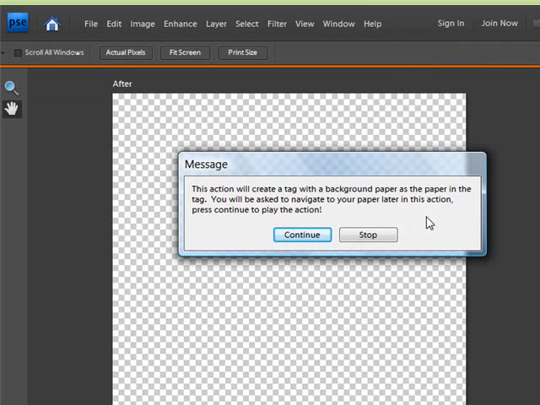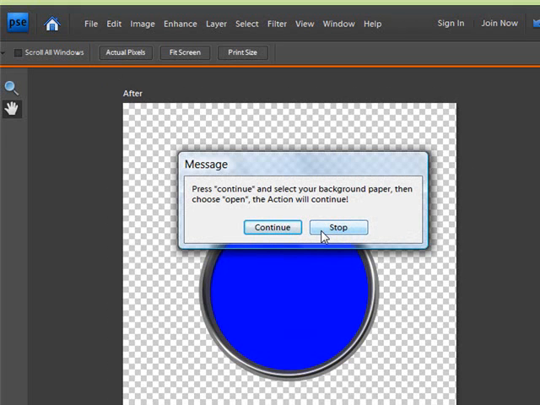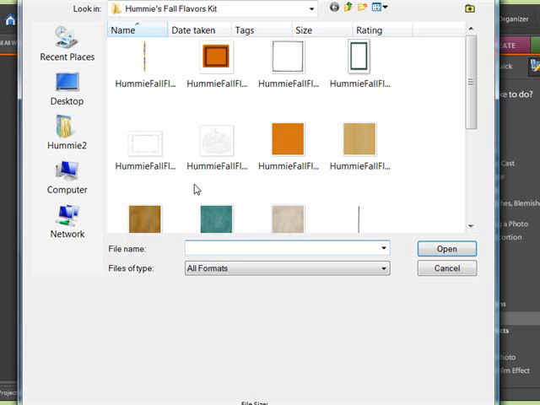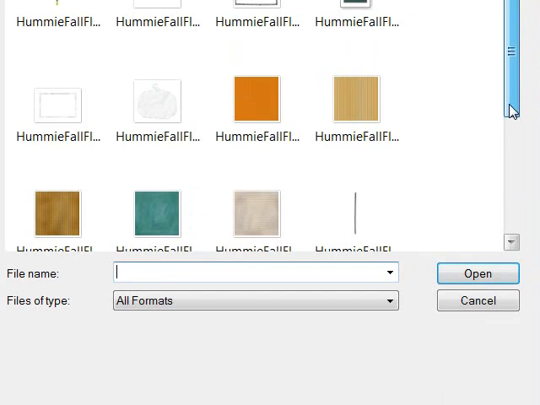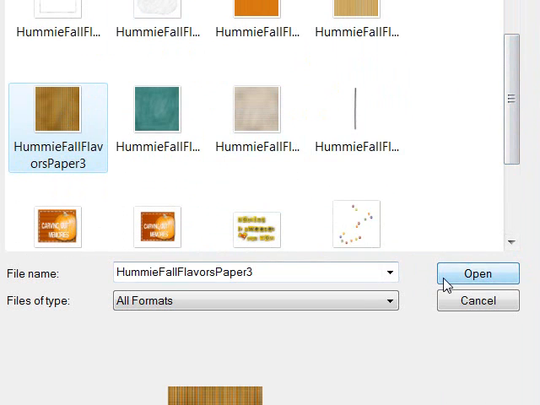It gives you a little message here. It says you'll be asked to navigate to that paper later in this action. So let's press continue, and it begins to work in the background. Of course, with my recording software going here, it's taking a lot longer to act than without my recording software going. It says press continue to select your background paper and then choose open. So I'm going to continue, and I have some papers here that I'm going to be adding to my subscriber area soon. So I'm going to select this paper